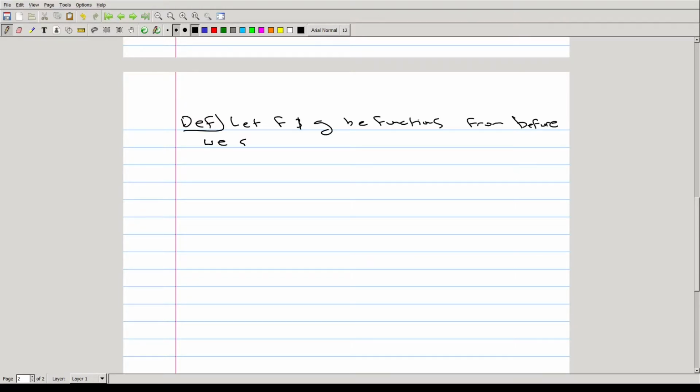We say that f of x is big O of g of x. Remember, this also means in the Hardy notation that f curly less than or equal sign g if there exist constants c and constants k such that